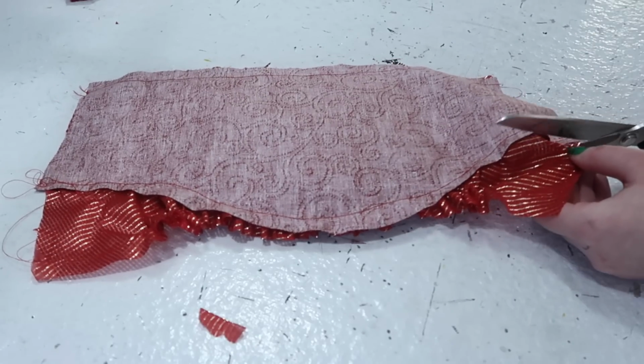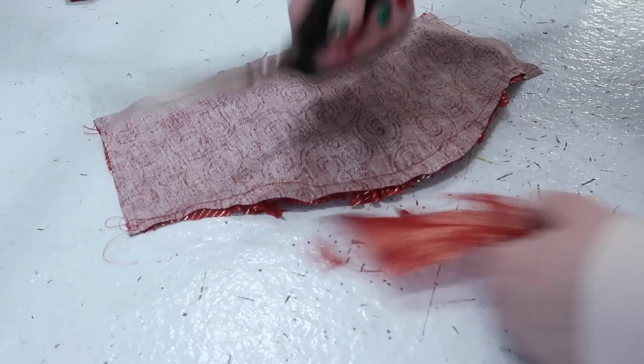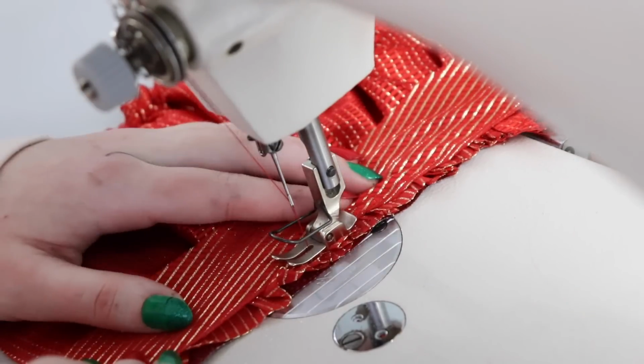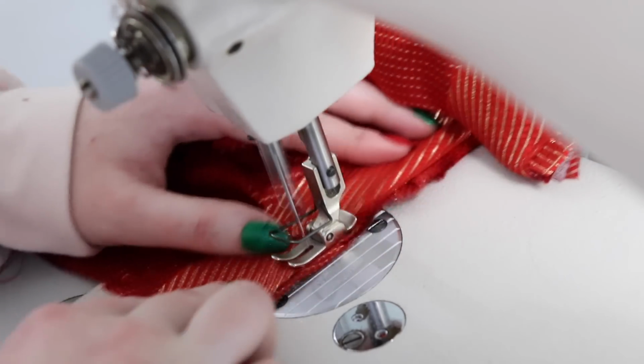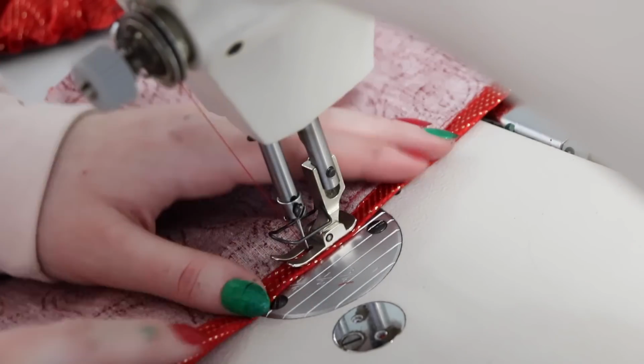Now the bottom edge of these isn't going to be hemmed using a traditional method, it's going to be finished with binding, and this binding is made out of bias cut strips of the same fabric. So one edge was folded inward by a 1/2 inch, and then the other edge was seamed on. It was folded over top of the seam allowance, and then the other side of the bias binding was stitched down on the underside. I did all of this by machine because I was planning on covering all of this